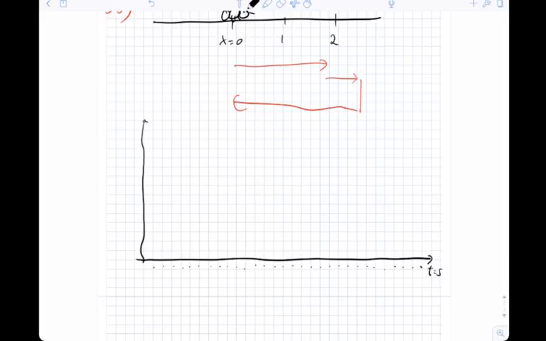So I'll call this 10 millimeters, 20, 30, 40, 50, 60, 70, 80, 90, 100, 101, 102,